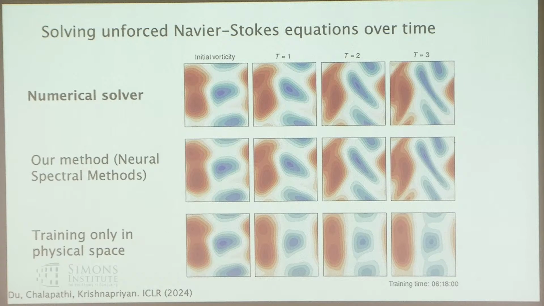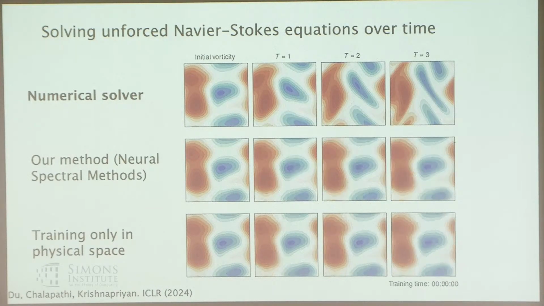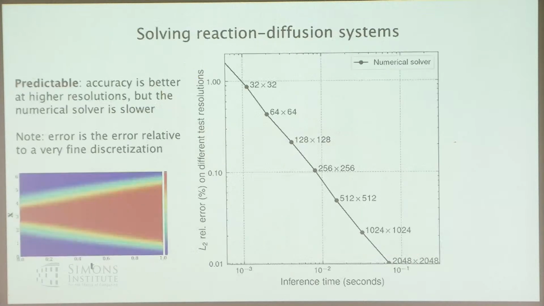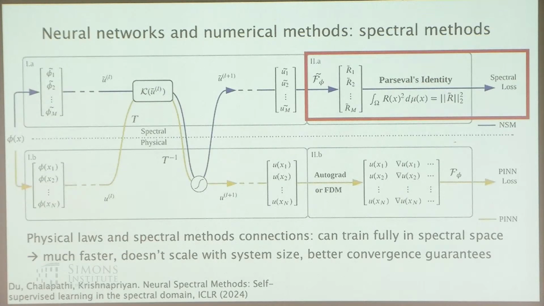Can you comment on whether this is different from neural Galerkin truncations? There's some overlap, I think, with some of the Galerkin methods. The key point here was that we can train fully in spectral space through this connection with the Fourier coefficients with respect to what the PDE constraint should be. I think the settings are a bit different, in that some of the work I've seen there is a little more on the architecture side too.